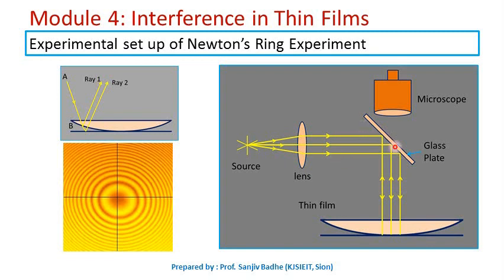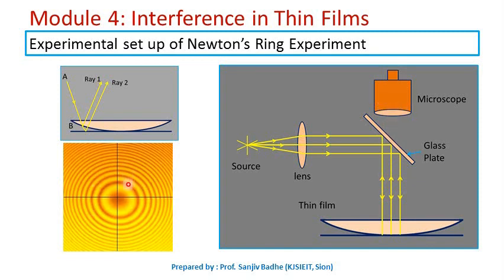These light rays are reflected in the vertically downward direction with the help of a glass plate inclined at an angle of 45 degrees. There will be partial reflection, and the light rays will be reflected in the downward direction. Partial transmission will also be there, but we are not interested in these transmitted rays. The light rays going vertically downward will fall on the thin film formed between the plane surface and the spherical surface. They will be reflected from the upper surface and lower surface of the film, and these reflected rays will interfere with each other, giving rise to the interference pattern. This interference pattern can be observed using the microscope.